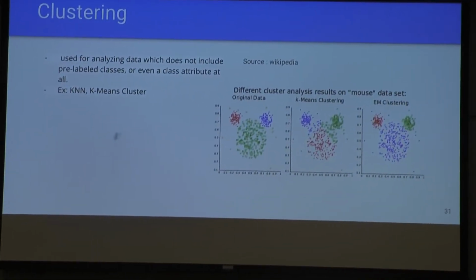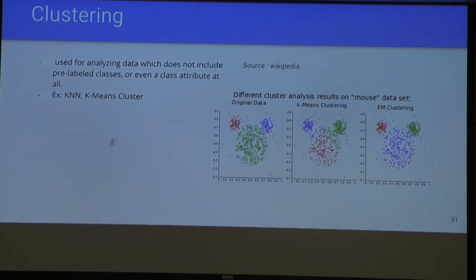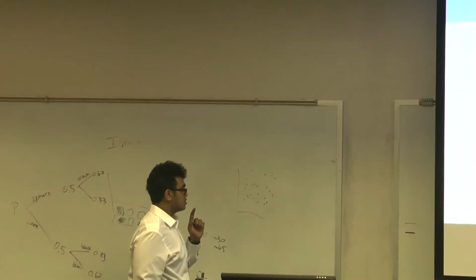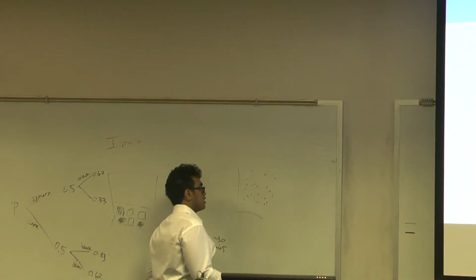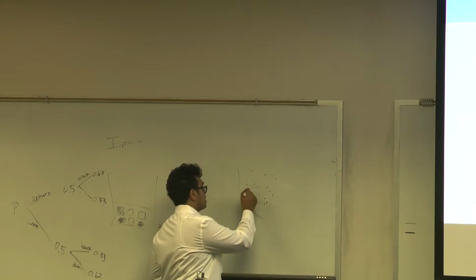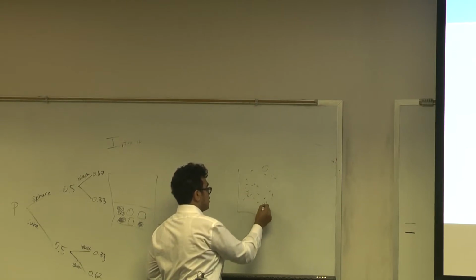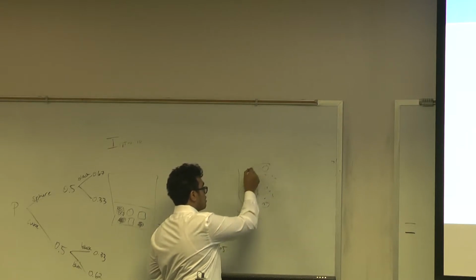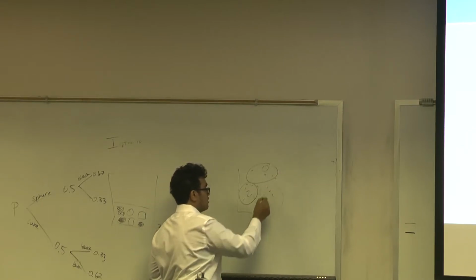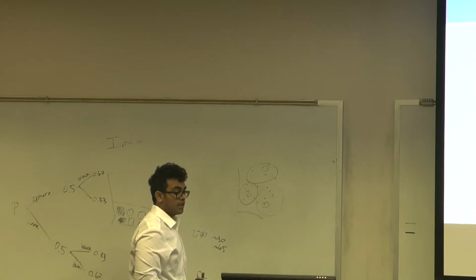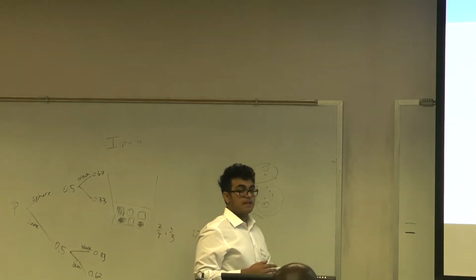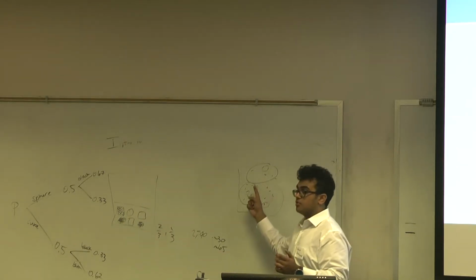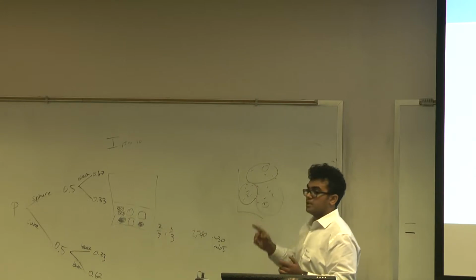So what k-means cluster does is it takes a set of data and the number of clusters that the user wants. So let's say I want 3 clusters. The program is going to randomly put 3 different points on your graph, and whatever points are near it or closest to this mean are going to be in that cluster. So it's similar to k-nearest neighbor, but the main difference here is that these points are going to be random. So if I was to redo this test, the circles will probably be in different locations.